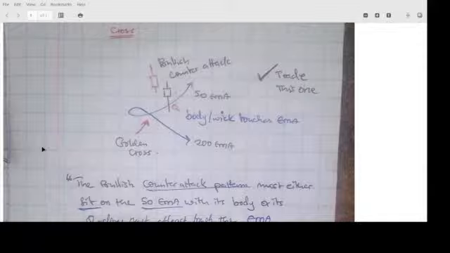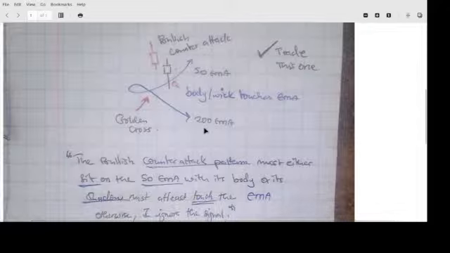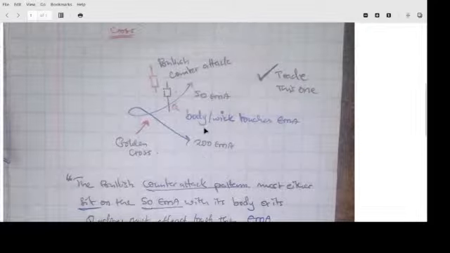Now in my sketch here, I'm using the bullish counter attack pattern, and that's what's making all of the difference, right? I'm using the bullish counter attack pattern, and this is the golden cross. So this is what you want to trade. You want the body or the wick to touch the EMA. All right, this is exactly what you want. So this is a bullish counter attack pattern,